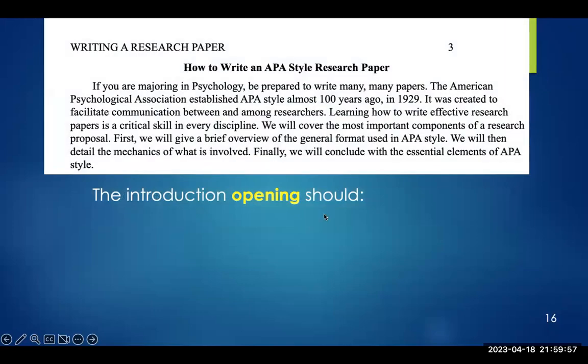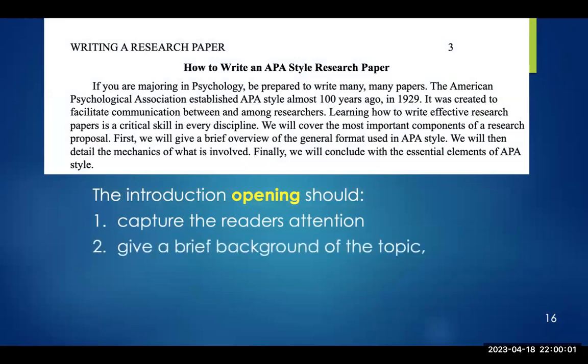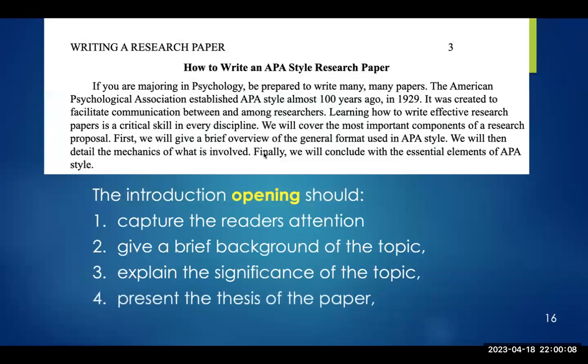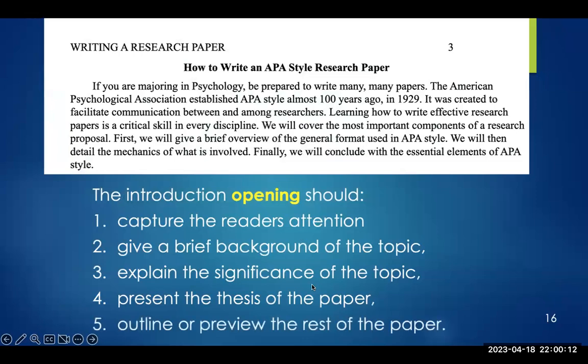Introduction. Your introduction should capture the reader's attention. It should give a brief background on the topic and explain the significance of the topic. Finally, it's important that it presents the thesis of the paper. And also you should have the outline. So